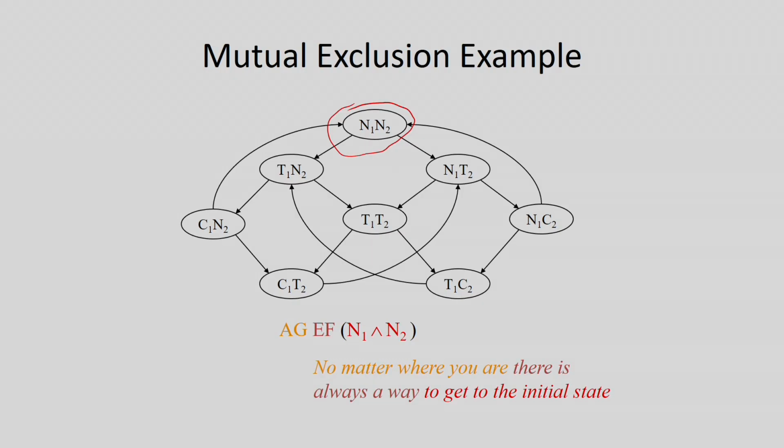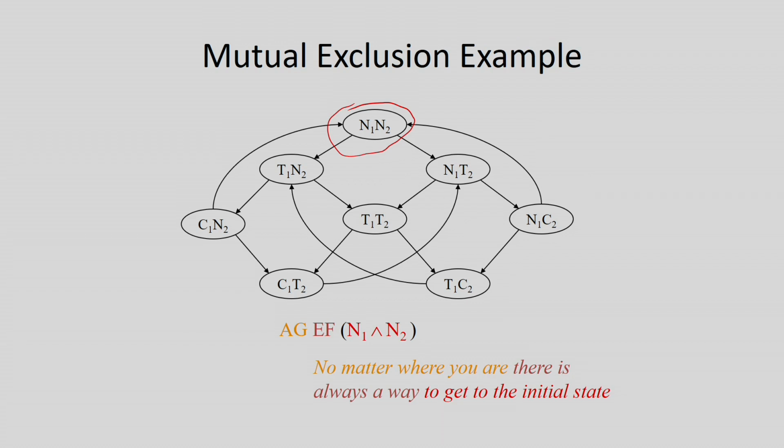Okay. So, no matter where you are, there is always a way to get to the initial state. Now, I am saying that my system is going to satisfy this property. Now, how are we going to write this particular specification formally? We are writing this in some sort of plain English sentences, but when I look for the truth values or correctness of this property, if I write it this way, it will be difficult to check for correctness or to automate it.